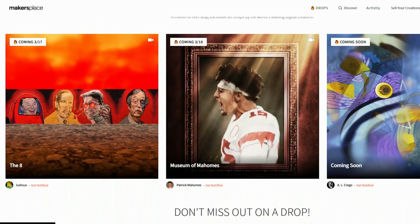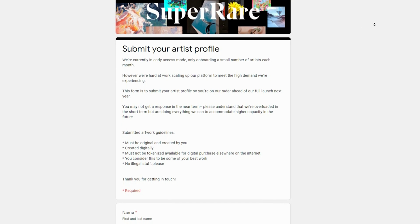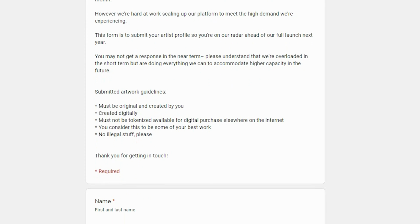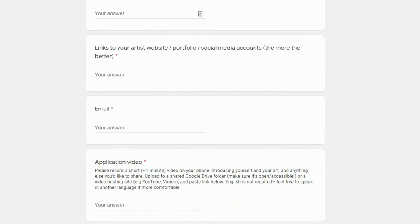To mint your first art could be really confusing at the beginning. We have plenty of platform options, and some of them are pretty difficult to get into, such as SuperRare, Makersplace, Nifty Gateway, and Foundation. To actually get into one of these platforms, you have to fill out forms and submit, and it could take weeks or even months to get a response. And in my case, I am desperately waiting for the first 3 websites I mentioned. So if you guys are listening, please